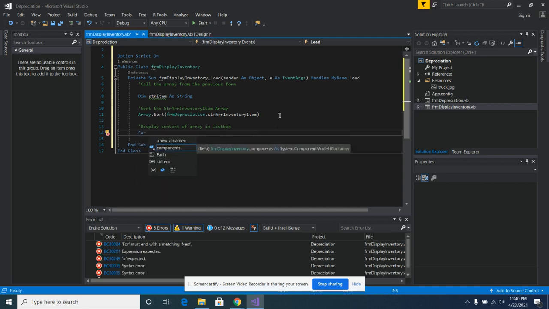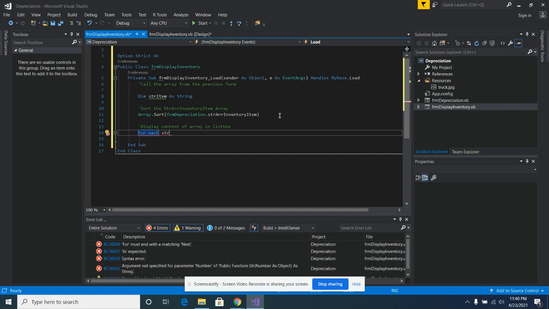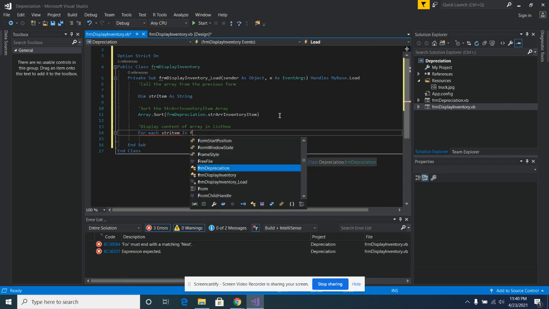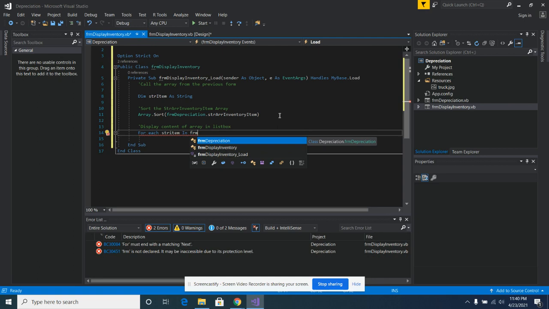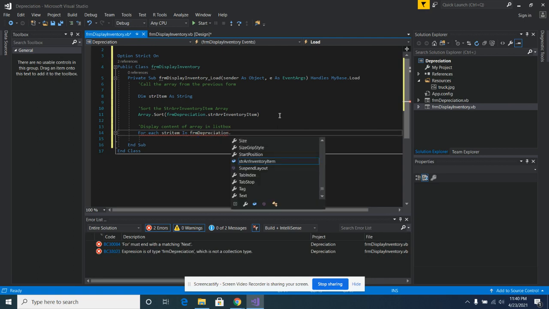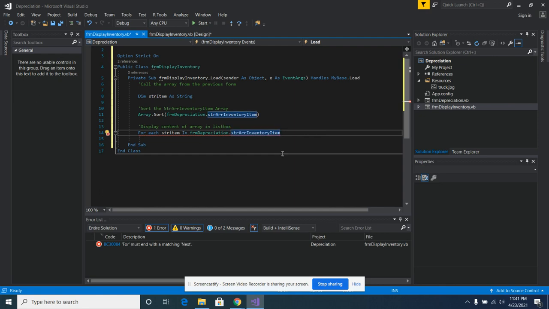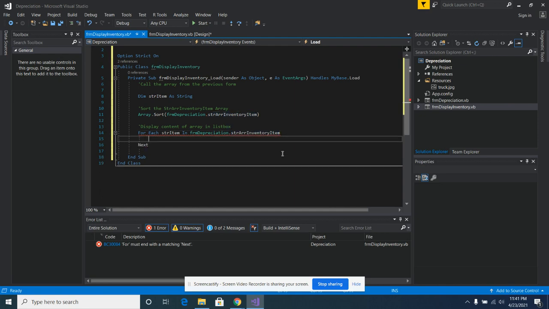This is what we're going to use our for each loop. For each string item that we just declared up there in form depreciation dot, for each inventory item,